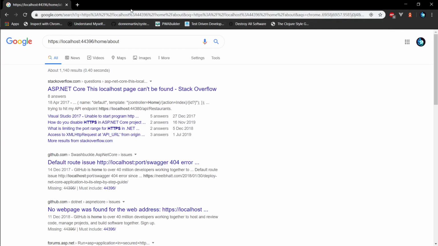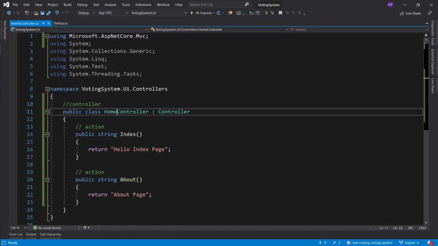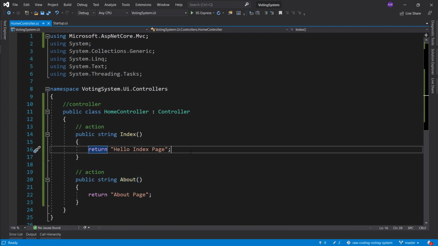So, right, first we have the controller name and then we have the action name. And, whoa, let's try again. About, there we go. We reached the about page. So, controller name, action name, same as we have here, controller name, action name, and remember that these things are